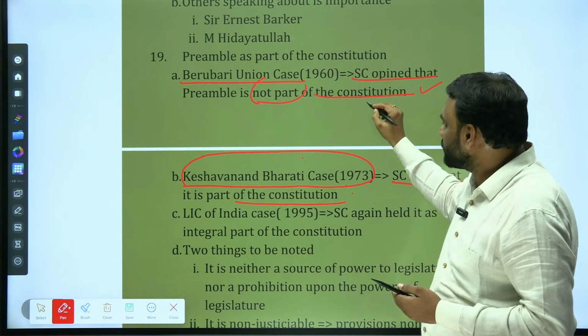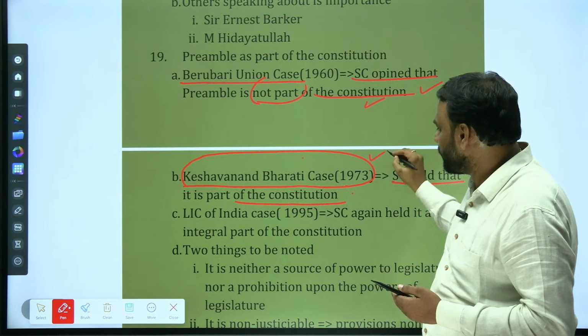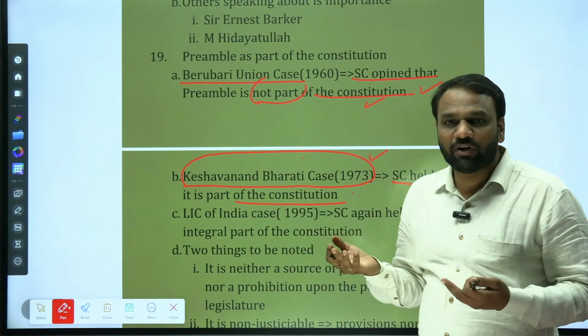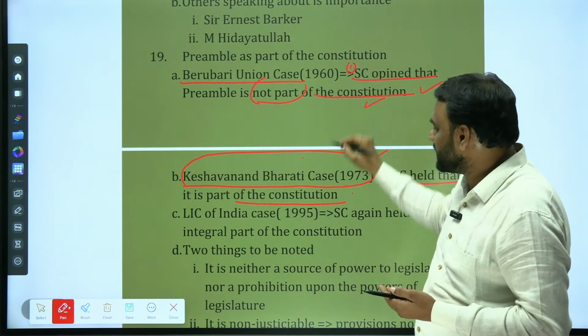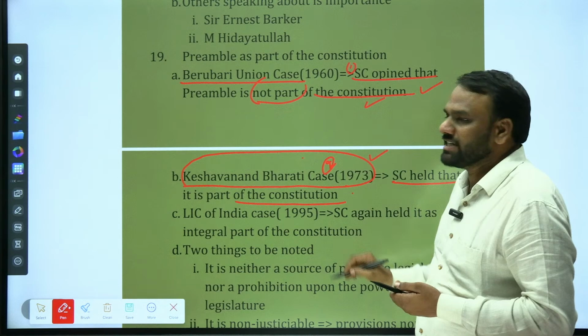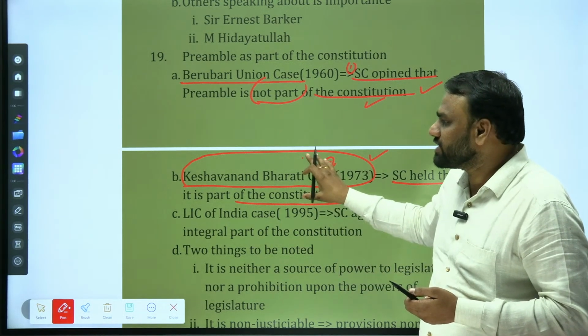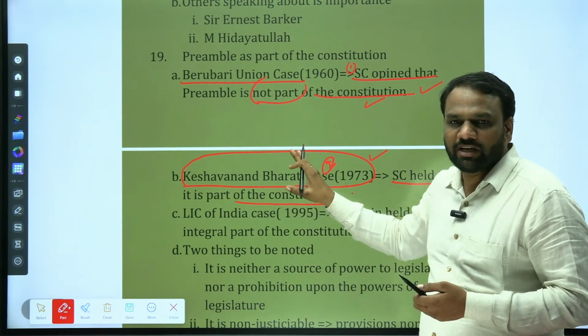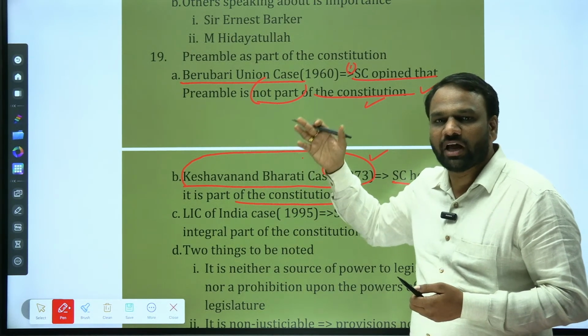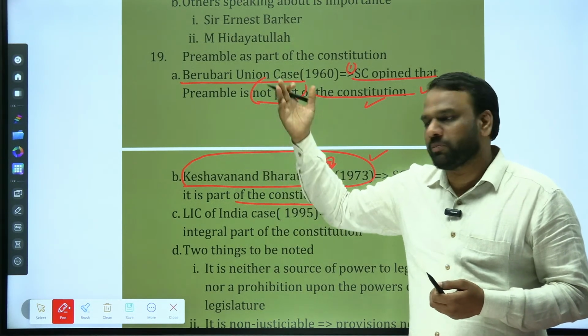In this case also, Supreme Court has given the judgment. Here also, Supreme Court has given the judgment. So which judgment we have to consider, whether the first judgment or second judgment? So now we'll consider the second judgment. Why? Because more number of judges were present in this bench. So what is bench and what is the judgment? All these things we shall have a discussion when we start discussing about the Supreme Court and High Court.